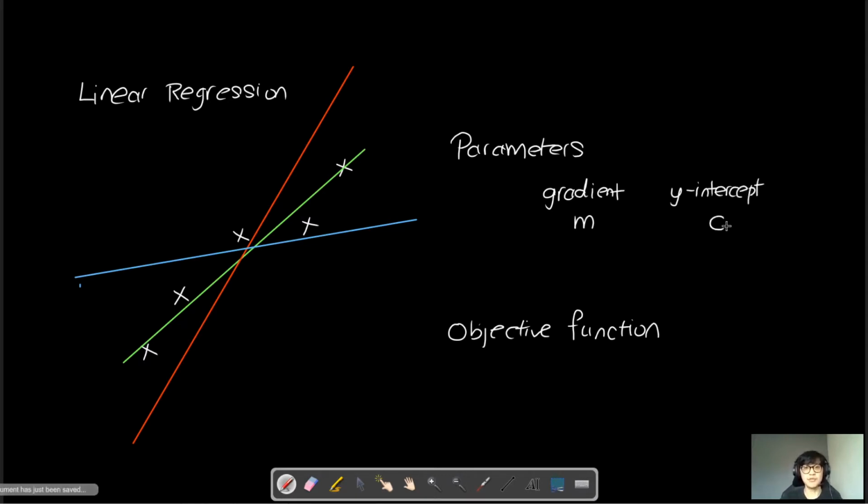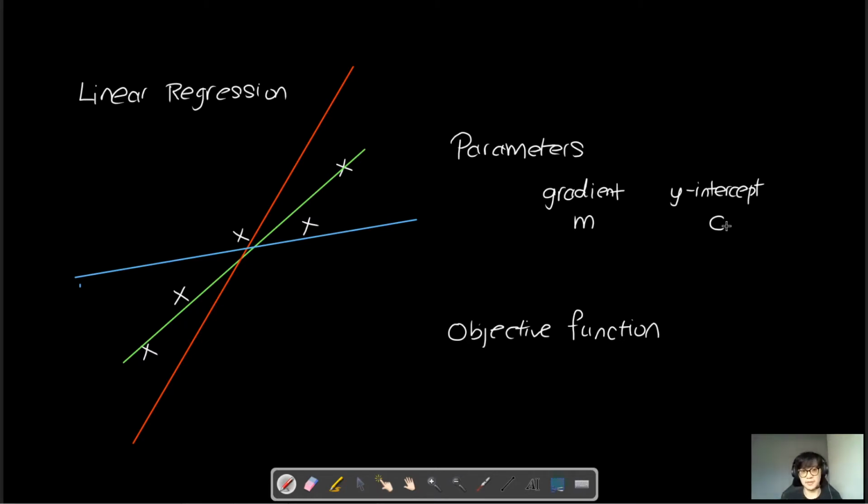You only need these two parameters. So given a particular m and c, you can see that it reflects as a line on this graph. Cool. So now that we have identified the parameters,